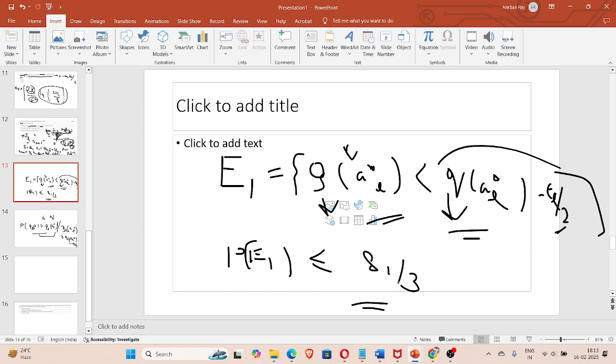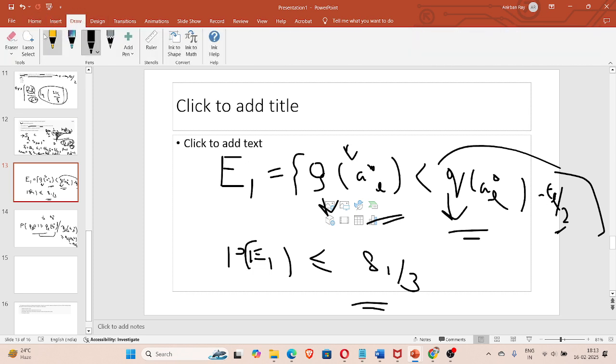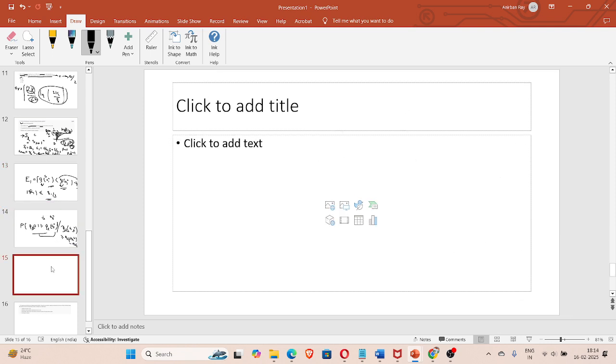Okay, so this is delta_1 by 3, and this is also not for the L-th situation. First situation only. Okay, and so this is how we get there. And next what happens is that